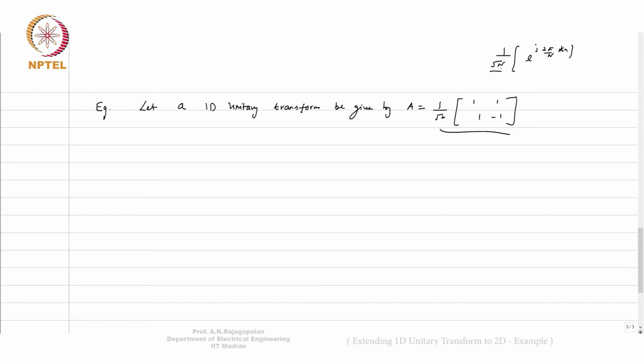So coming back to this problem, and let the image be given by. What I want you to notice is that this is a 1D unitary transform, that A. This is not a basis image. As far as possible, I'll stick to the same notation. So when I write this A, it means it is the 1D unitary matrix, or the 1D unitary transform. And then what does it say? And let the image be given by